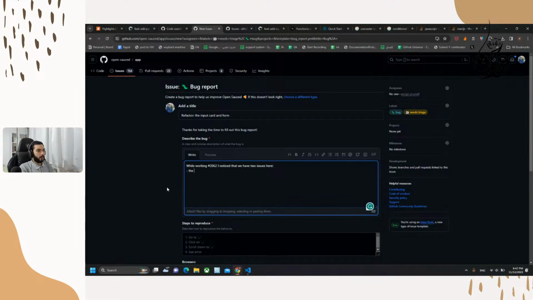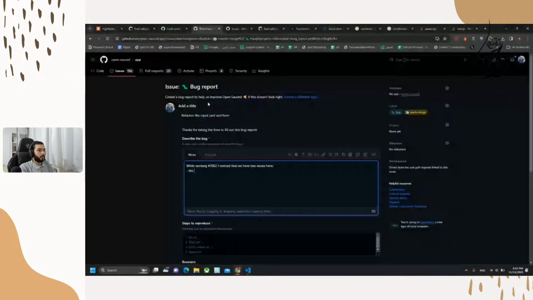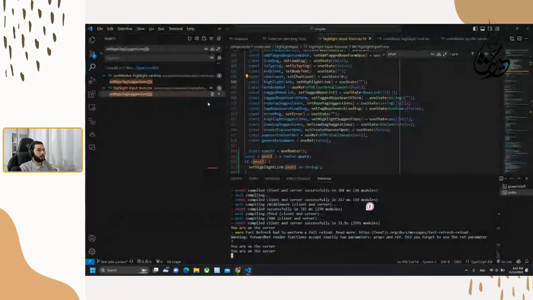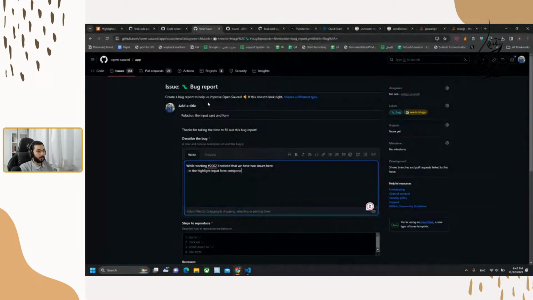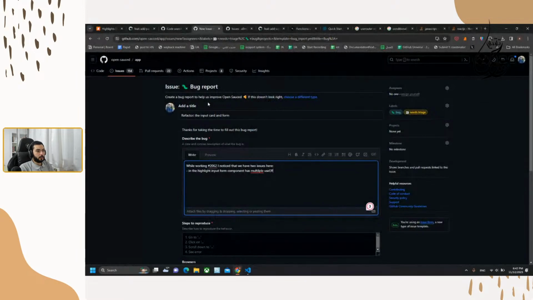One, in the highlight input form, I'm taking the component that we are having here, it has multiple useEffect functions. Shouldn't we have the logic in one function?